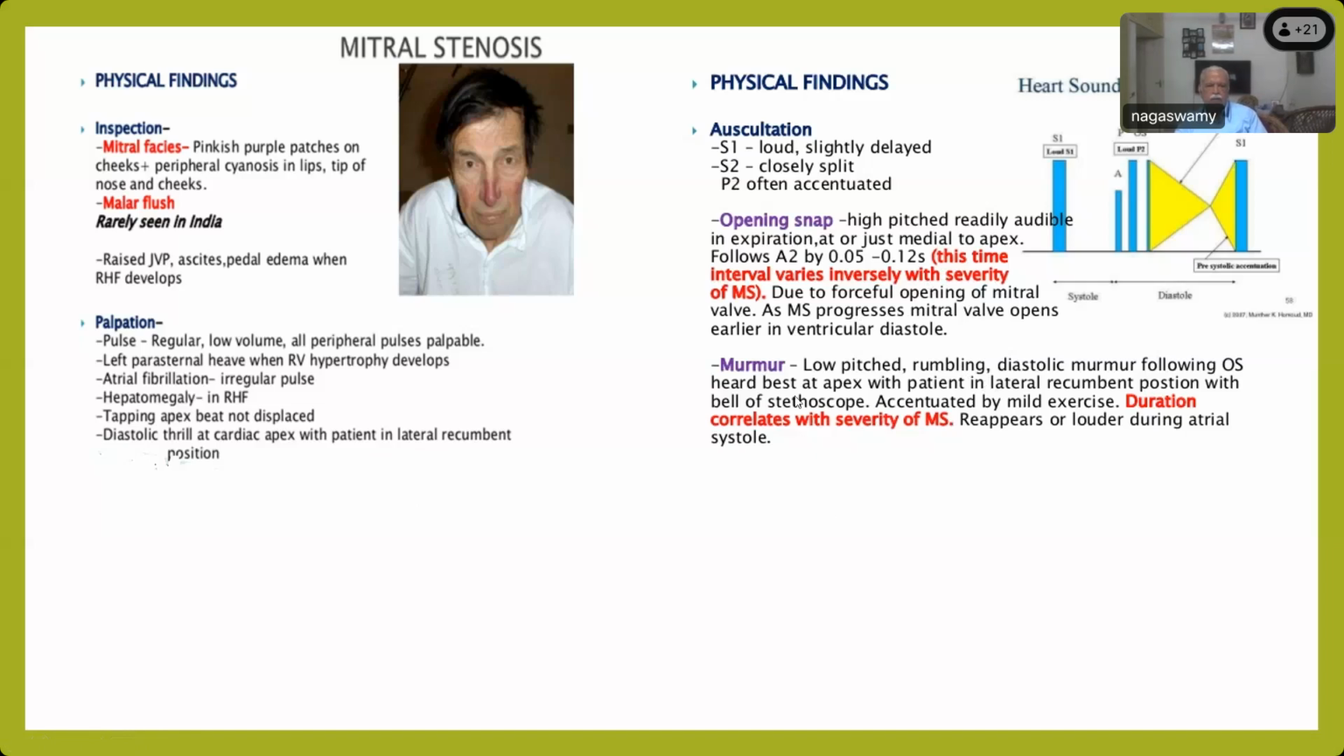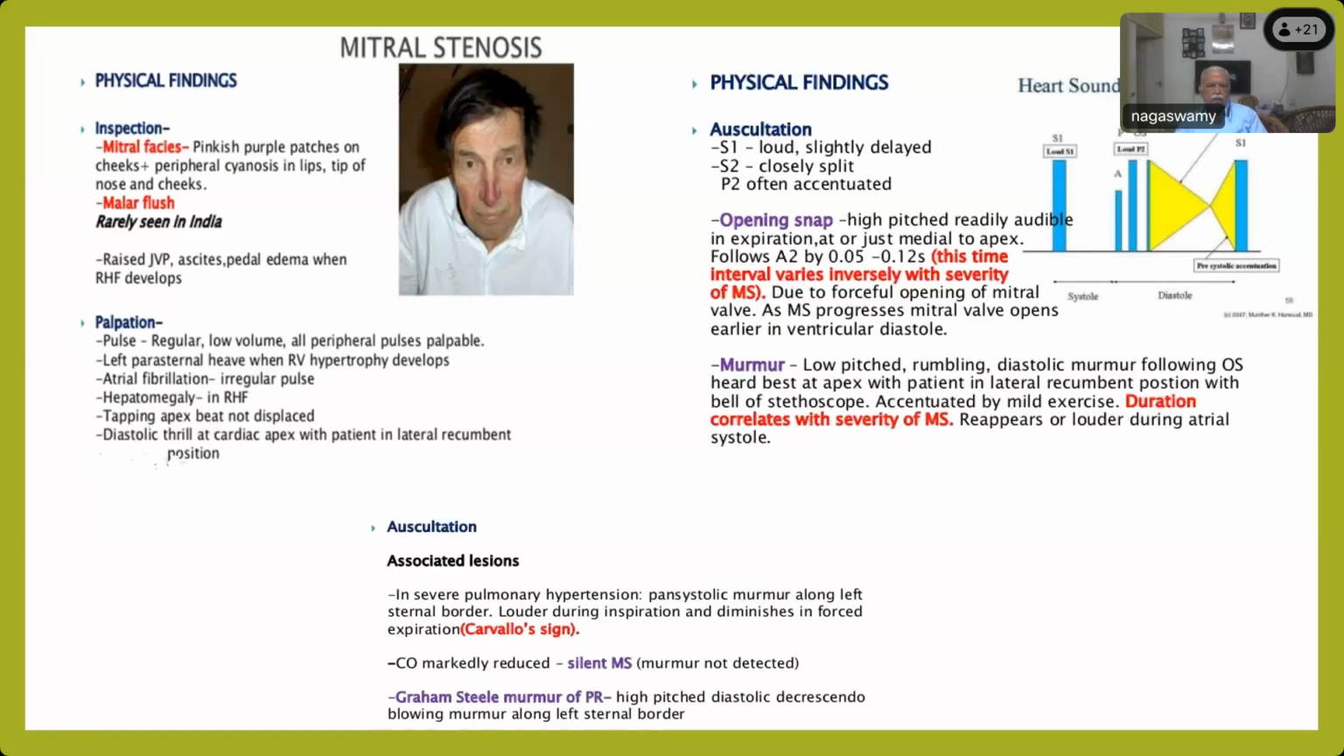What are the associated murmurs? These are the two associated murmurs you can sometimes have. One is the pansystolic murmur along the left sternal border, louder during inspiration, which is because of the severe pulmonary hypertension. So if you can hear this murmur along the left sternal border, it indicates severe pulmonary hypertension, and that is called Carvallo sign. Similarly, Graham-Steell murmur, when the pulmonary valve develops a regurgitation, pulmonary regurgitation, then you will get a